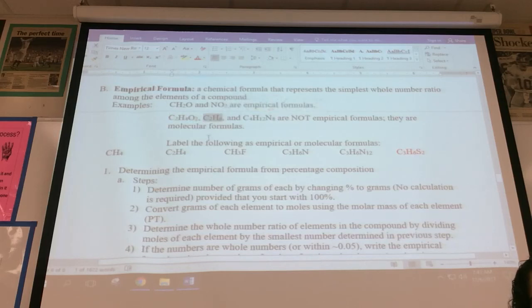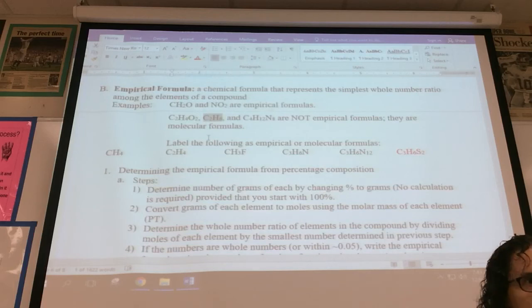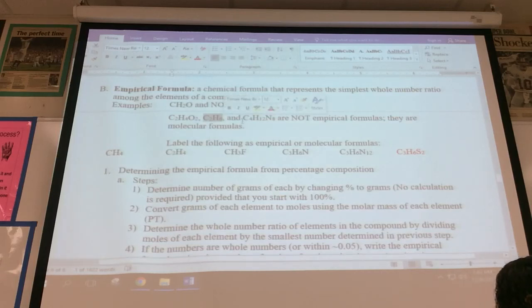C2H6 is a molecular formula. Both of those numbers are divisible by what? 2. And so the empirical formula of C2H6 would be CH3. Do you want me to write it out? Are you seeing it? You got it? Write it out or you see it? You see it. Okay. And then next you have